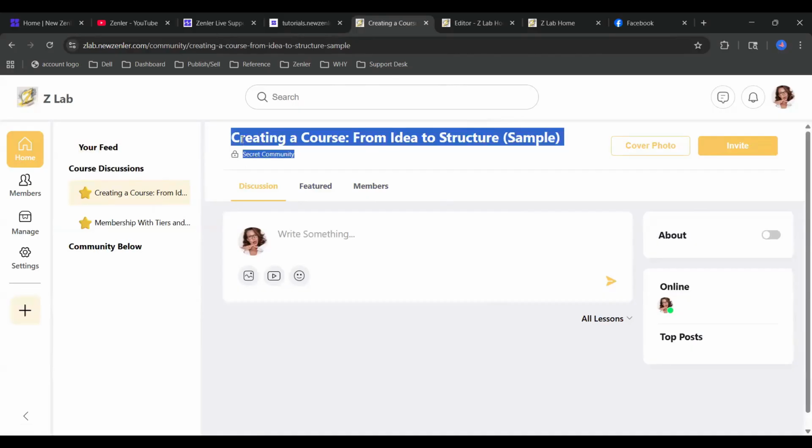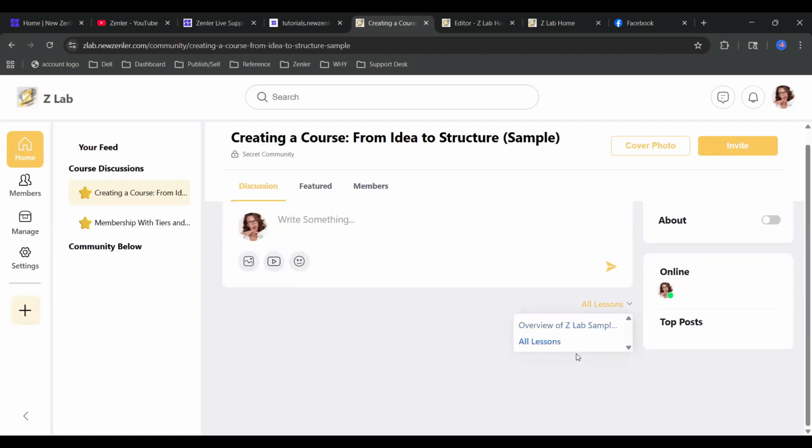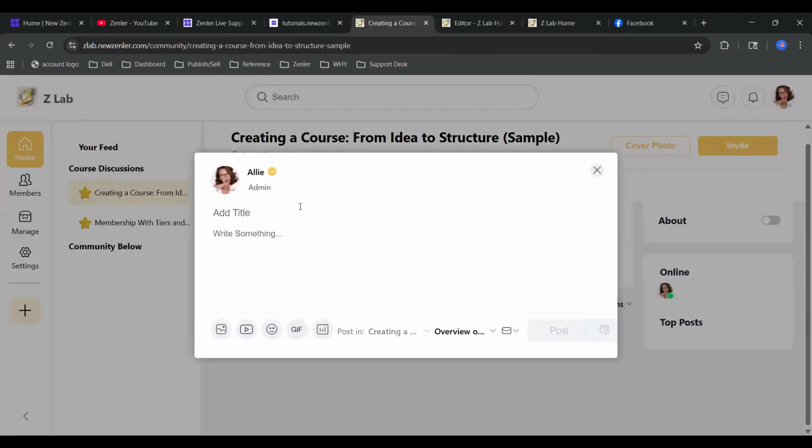And this is a course. The name of the course is Creating a Course from Idea to Structure, sample. Now, in this course, here are the lessons. These are all the lessons in this course, which are like none because I don't have any set up. But there could be 100 lessons. And when you make a post in this community,